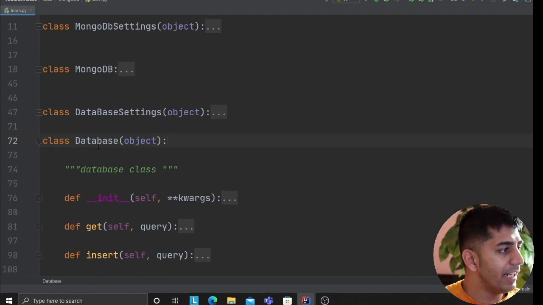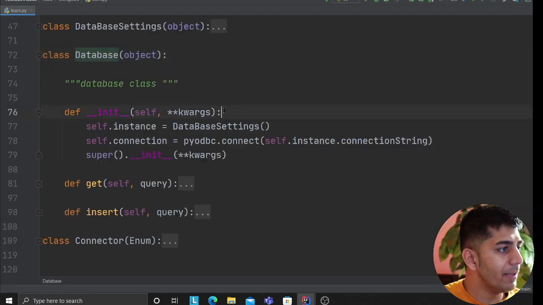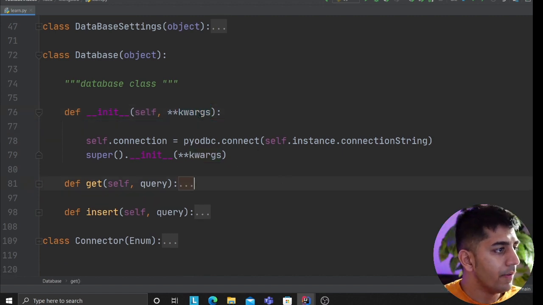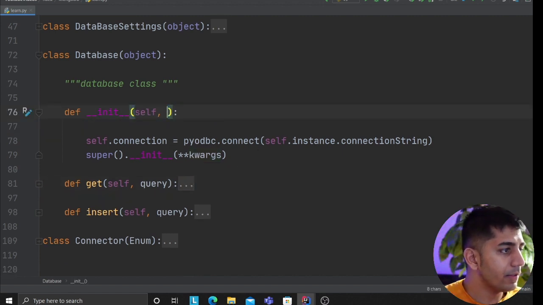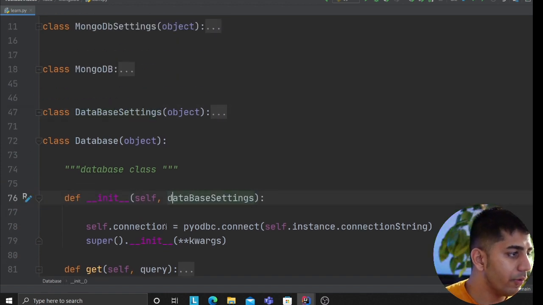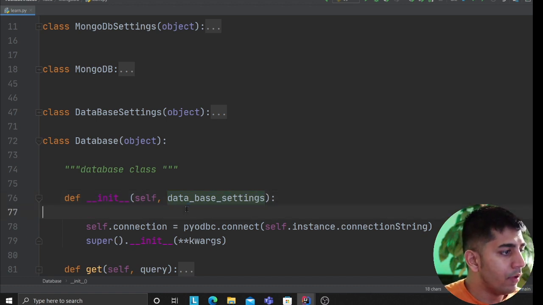Now I have the database class, okay? The database class would again take. So we'll change things a little bit here. I think what we have to do here. So give me a couple of seconds, okay? So over here as well, now we'll pass in the database settings. Remember, same approach. We are using that injection model here as well in programming. We'll define this as a lowercase, okay, and we do the same thing.